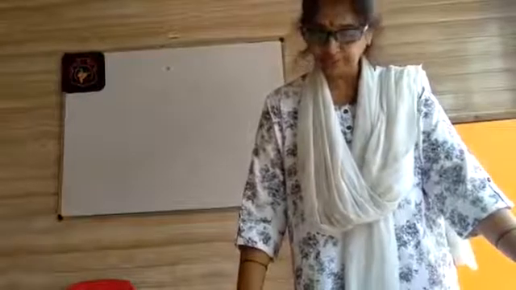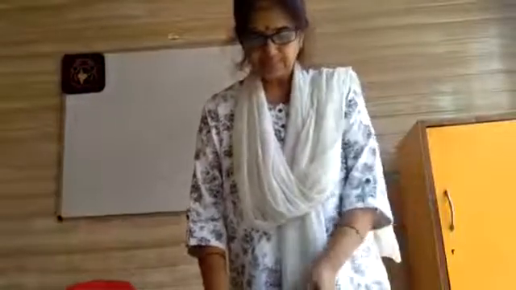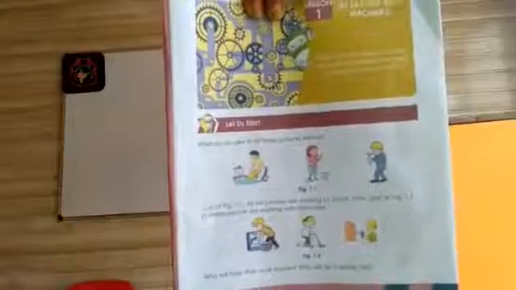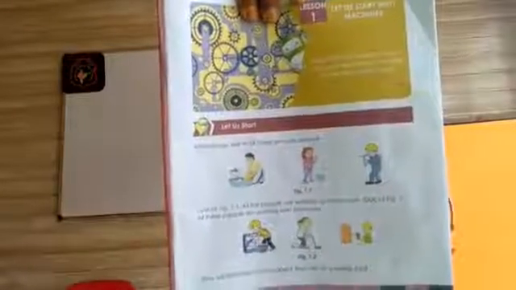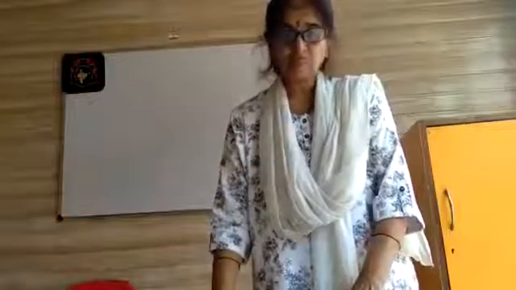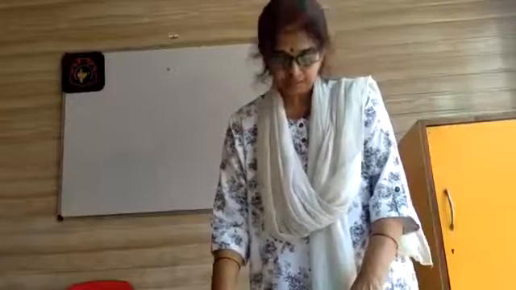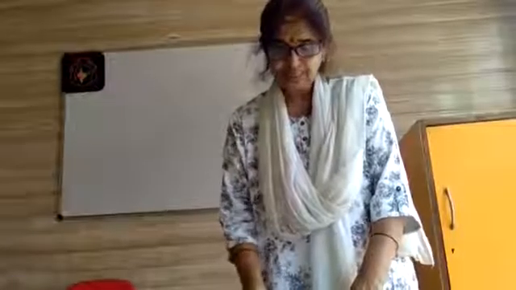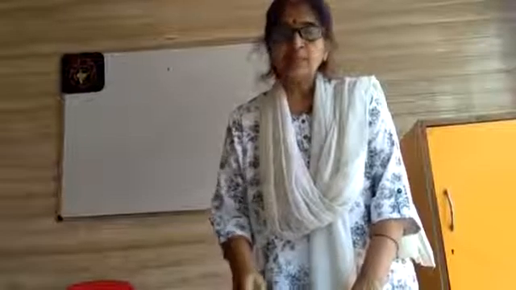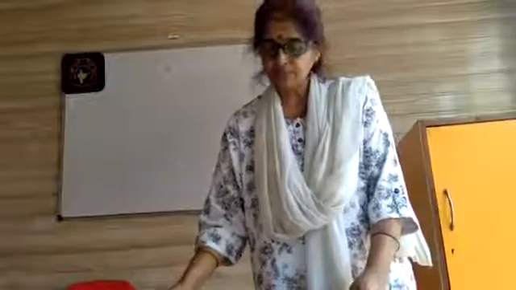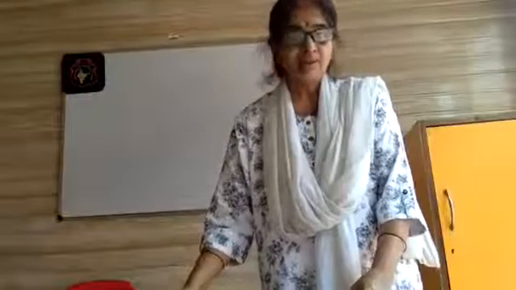Let's start with machines. So come on children, let's see. In this picture you will see the persons who are working by hand, and then the persons who are using the machines. So you can see here that the persons using their hands take a lot of time and effort, whereas the machines do a quicker job. So you will see hand is taking a lot of time, whereas machine can do fast.